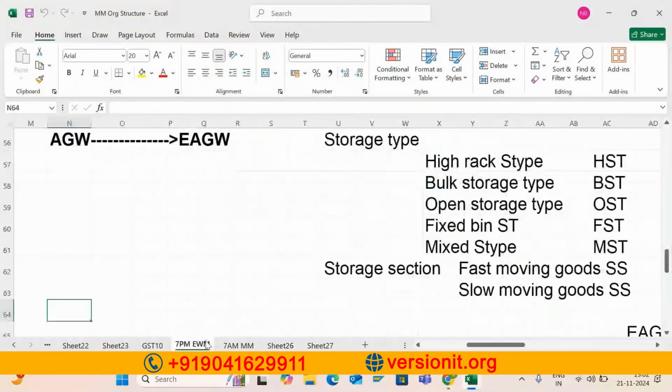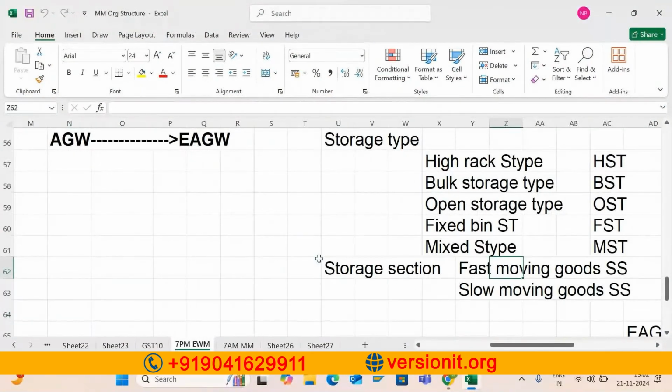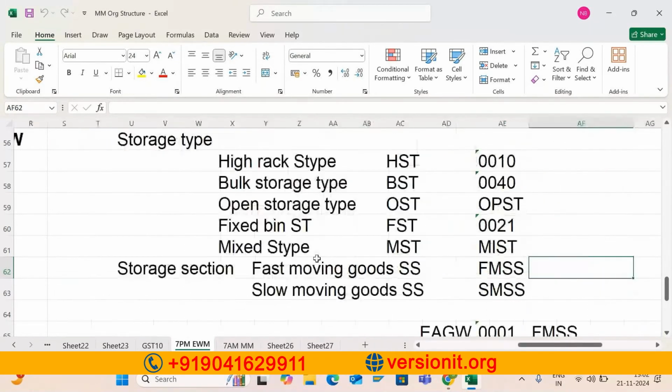So yesterday we were able to define a storage type. First we defined an ERP side warehouse number. Then we defined an EWM side warehouse number. Then we also tried to define a storage type, with different categories like hierarch, bulk, open storage, etc. Storage type is nothing but the division of the warehouse into small sections where the materials will be physically